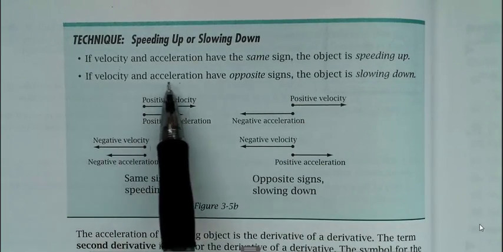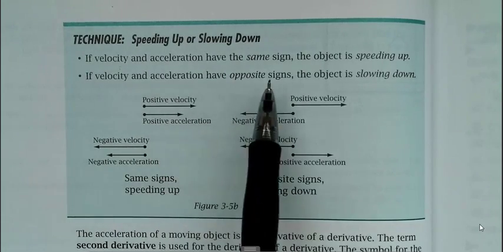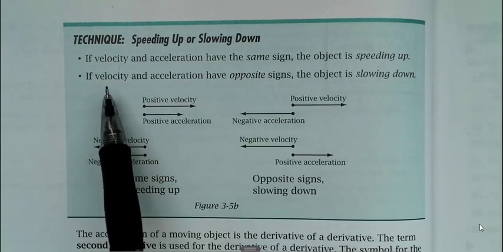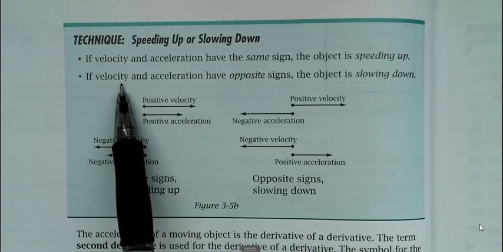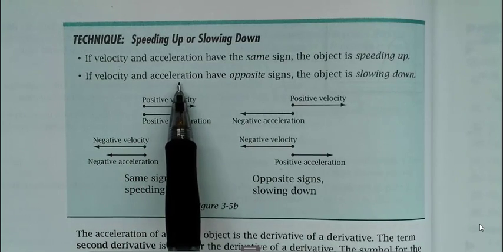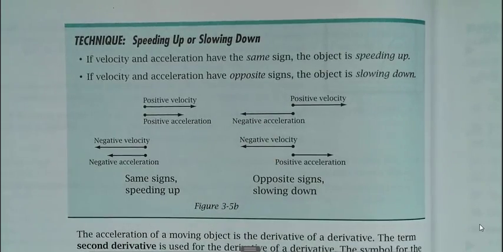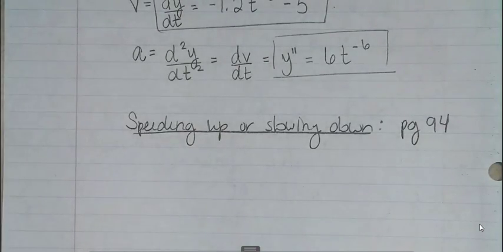However, if velocity and acceleration have opposite signs, the object is slowing down. So if I have a positive velocity, but my rate of change of velocity is negative, then that tells me that I'm not going any faster, I'm starting to slow down. These are kind of helpful little diagrams to look at. Okay, so basically,